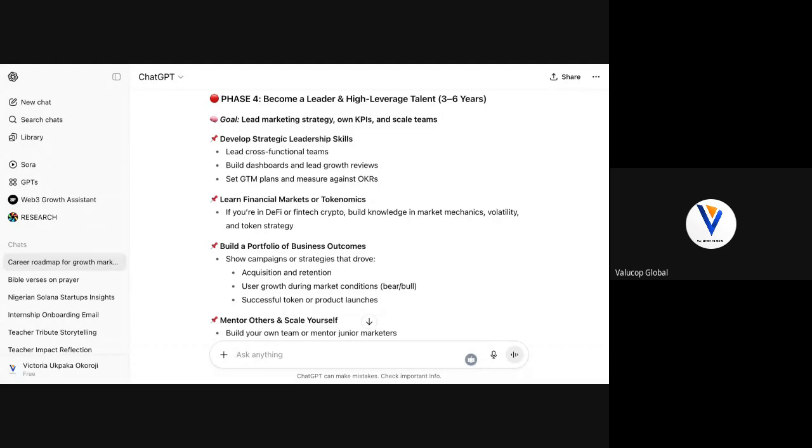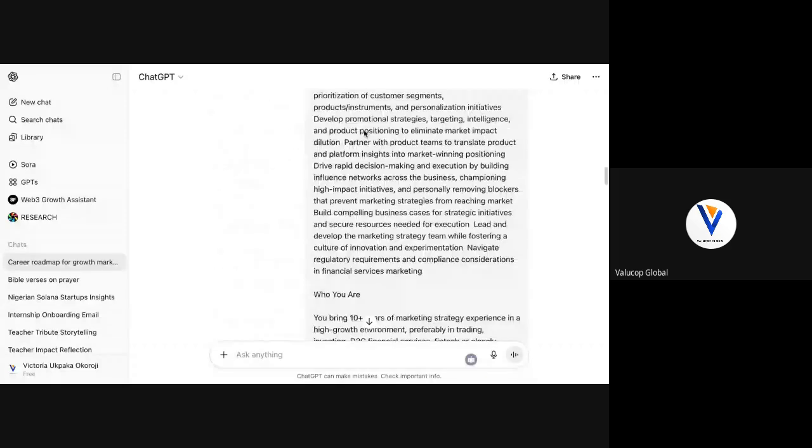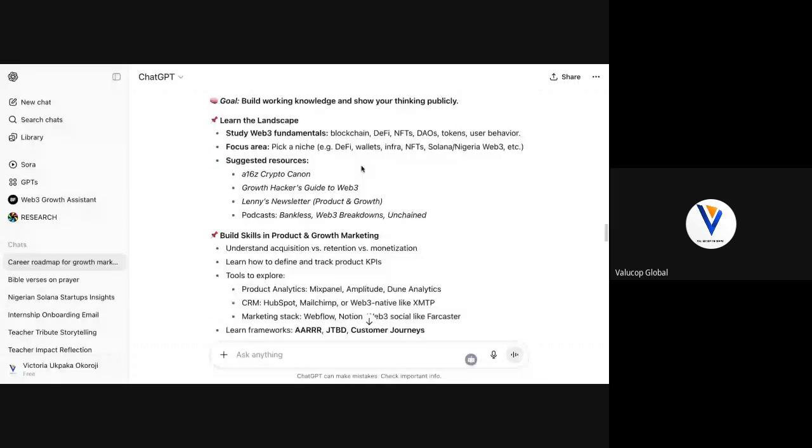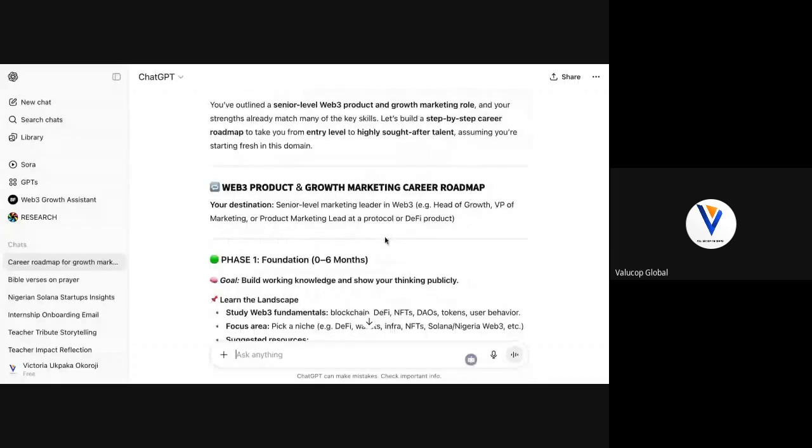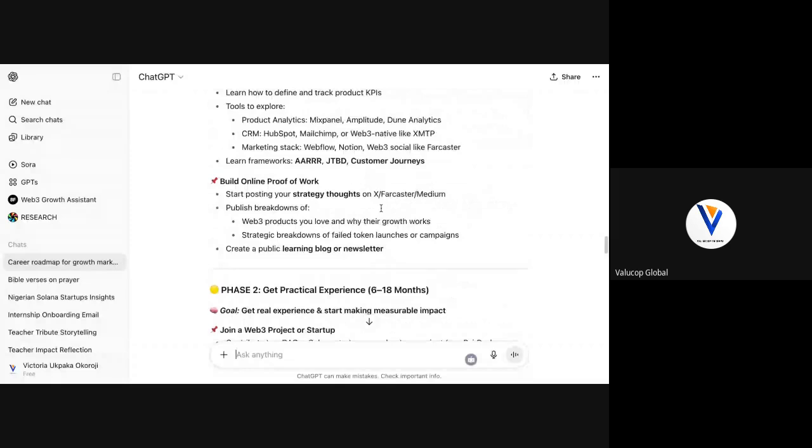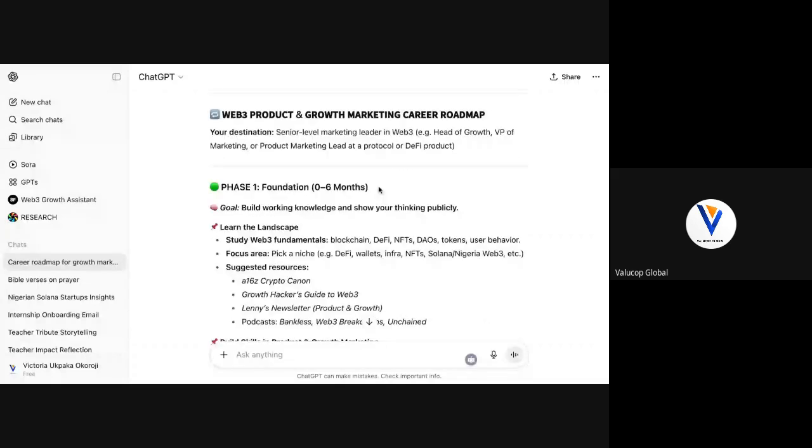So in today's class, we looked at foundations for success in your Web3 career, and how you can identify your strengths and write out a roadmap that you're going to follow. I'm looking at using the website and ChatGPT to do that. You're going to do this and share it with me. That is the roadmap you're going to follow actively to get the results you're looking for. We talked about soft skills, we talked about building your proof of work and all of that.